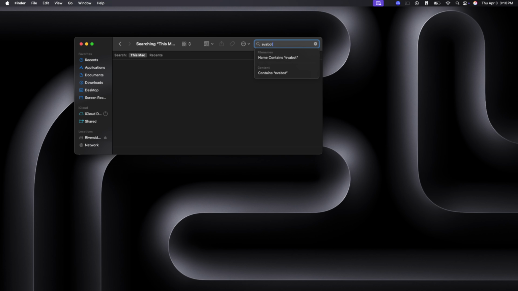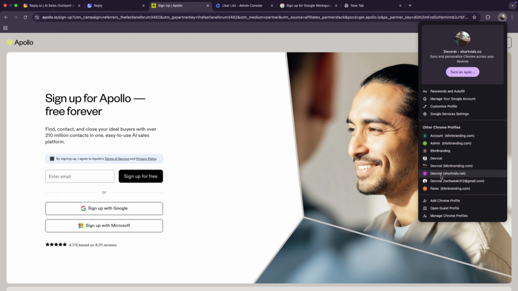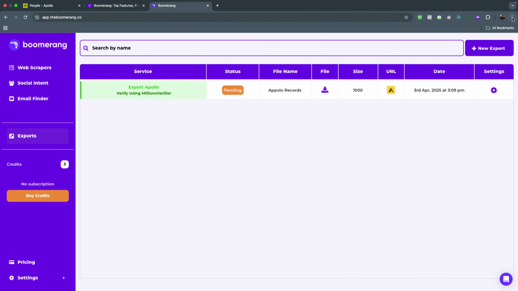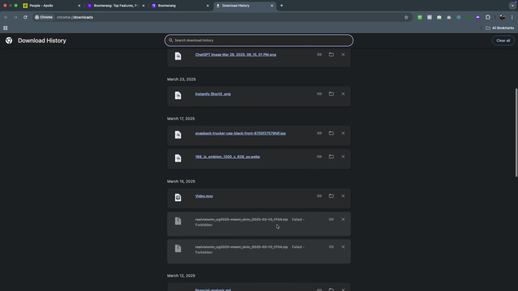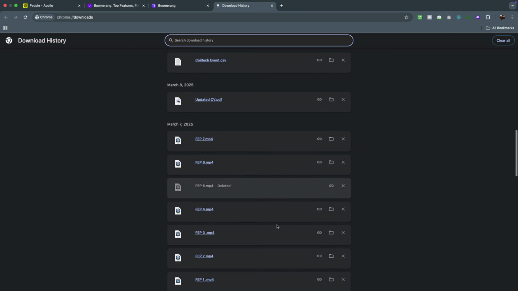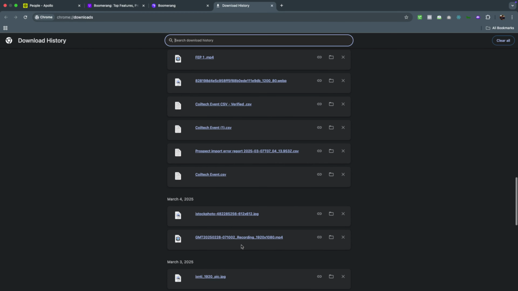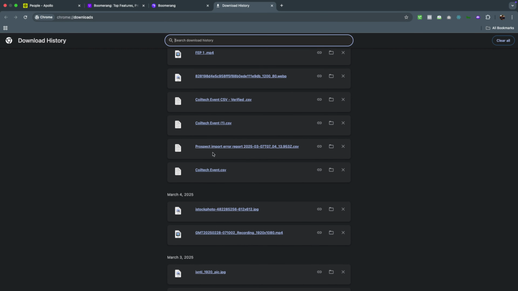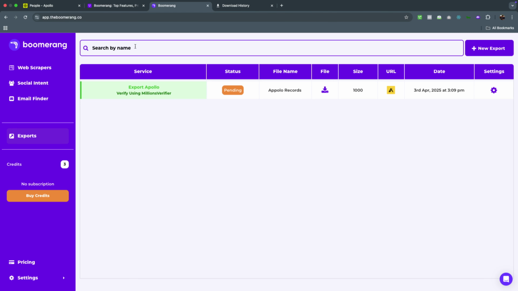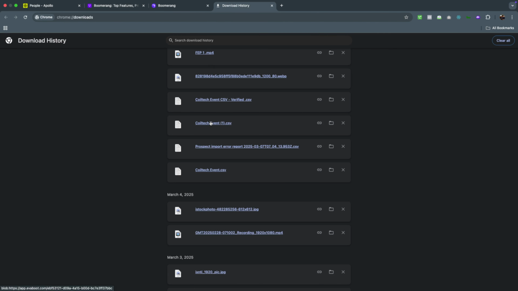So you get the information in a format like this. Something like this, you get the leads coming up from the search result. This is how the result comes. Why is it not showing? It is not showing up in this section. So we can also find it in our download section because we need to send out the email. So I can get into my download section and I can find my email addresses. Updated March. Yeah. So this is how you get email addresses after you add something on Boomerang.